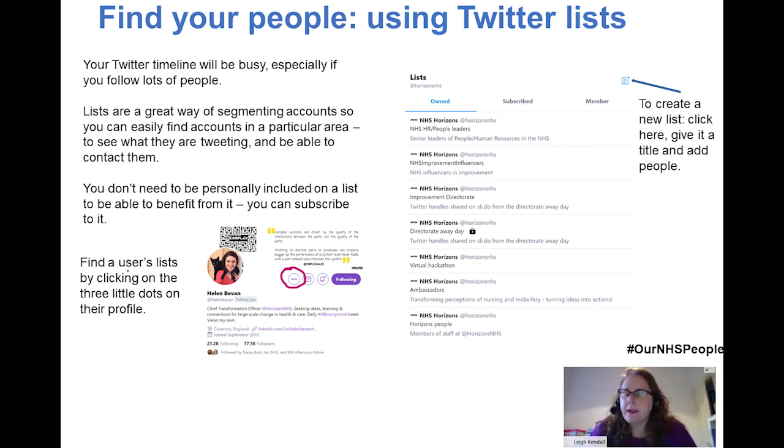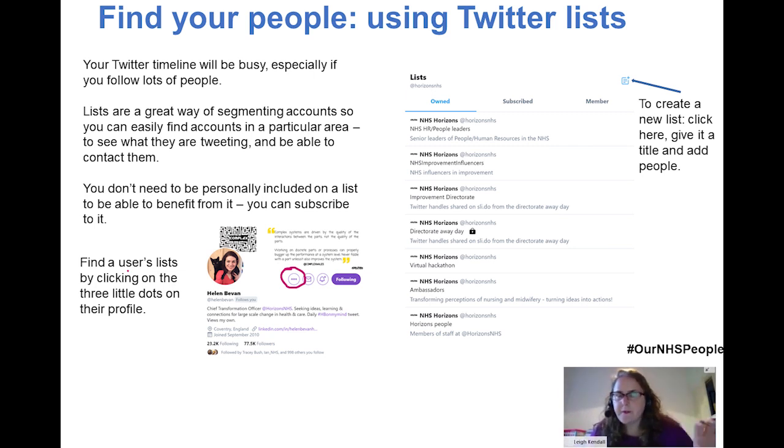anything like that. Here's a screenshot of Helen's profile to show you how you can find a list. It might look different on different apps, or whether you're using computer Twitter or phone Twitter, but the thing you always need to look for is the 3 little dots on someone's profile. Then you'll be able to see the list of lists that people have. Once you click on any of these lists, you'll be able to see the tweets of the people in that list. And the beautiful thing is that you can subscribe to someone's list, so you don't need to go through the path of going to their own profile. It then comes under your own list.